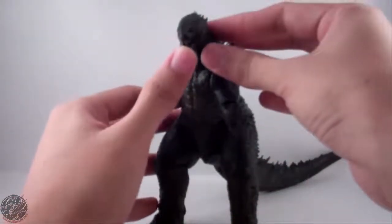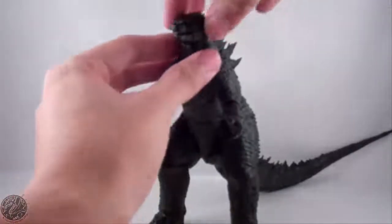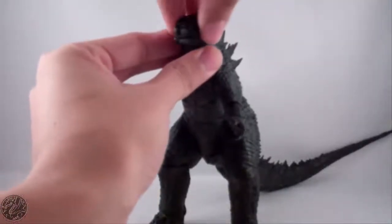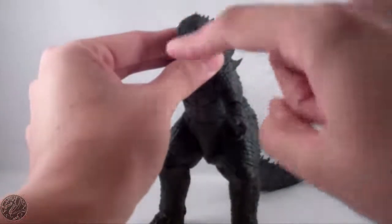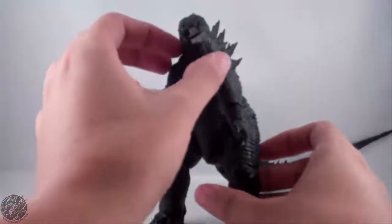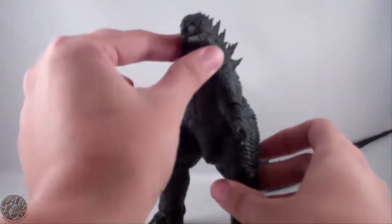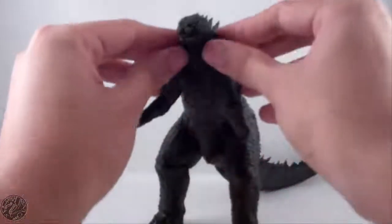Starting at his jaw, he has jaw articulation. As you can see, it just moves up and down. His head is on a ball joint. He can go left and right and has up and down movement, as you can see. Neck is also somewhat on a ball joint. He can move left and right, and like I said, has some varying degree of a ball joint, as you